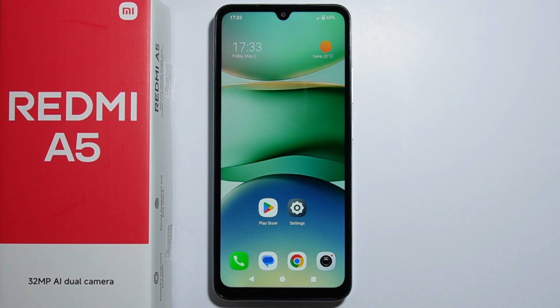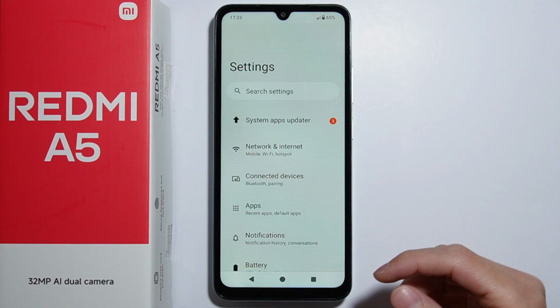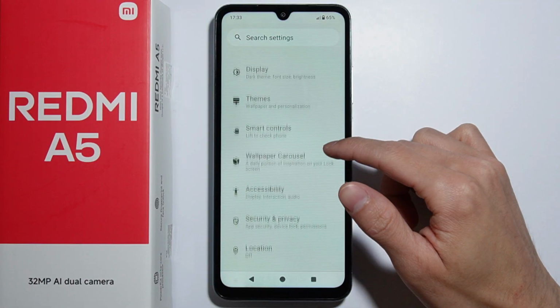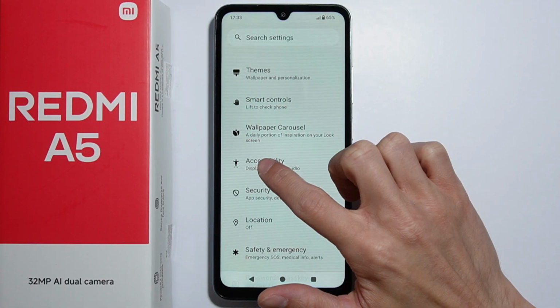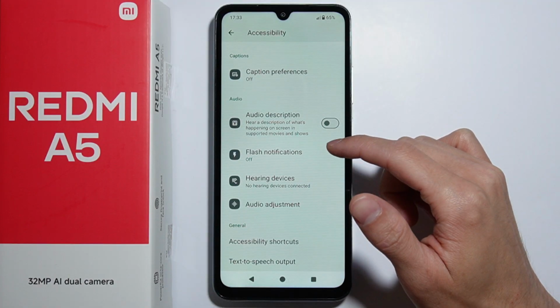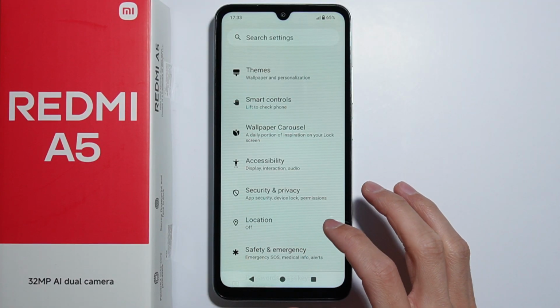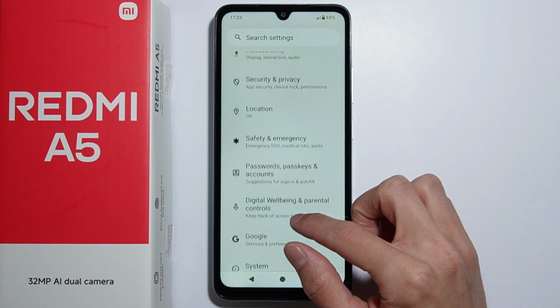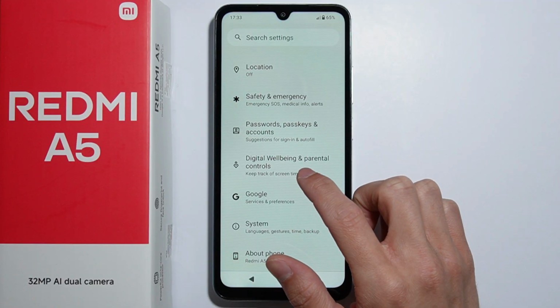If you wonder if you can adjust button shortcuts on Redmi A5, let me quickly explain. As you go into the settings and take a look around at these settings for anything for shortcuts or button shortcuts, like for example in the accessibility settings, there is nothing actually to set up these shortcuts. So you can't actually do this, but I found that you can actually go into the where it was